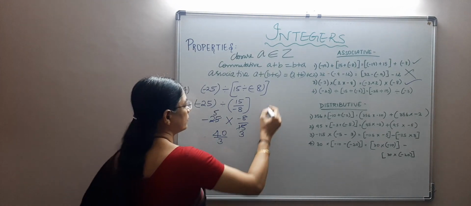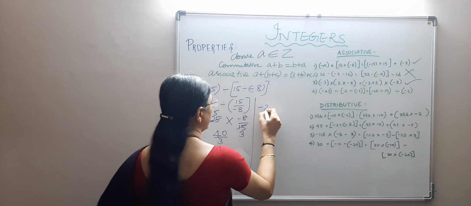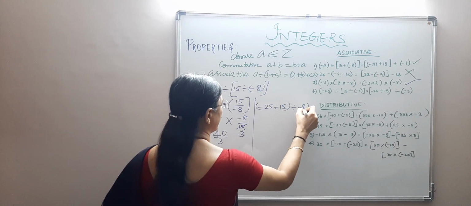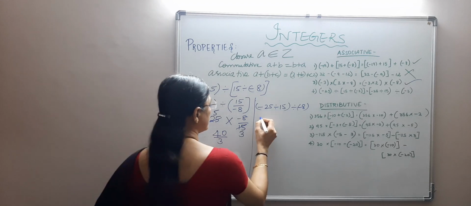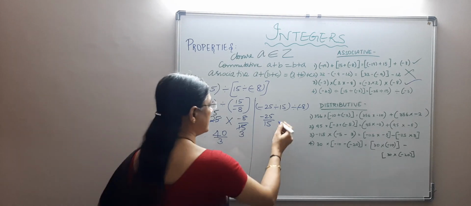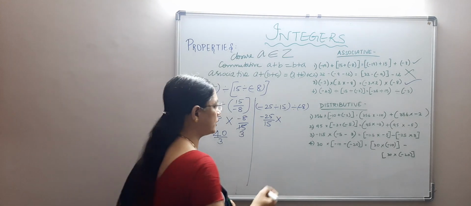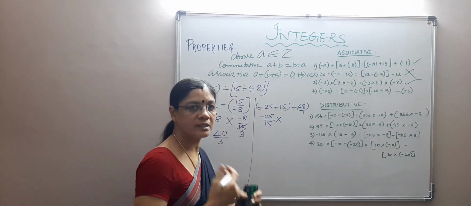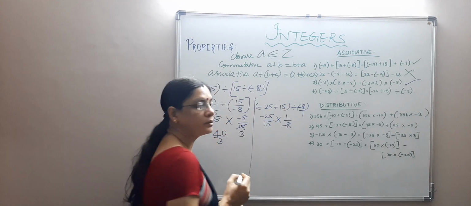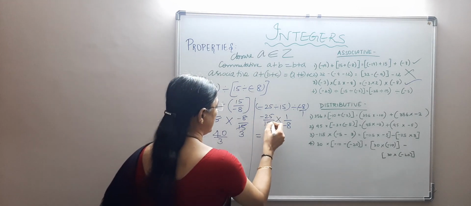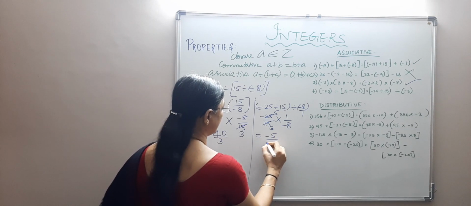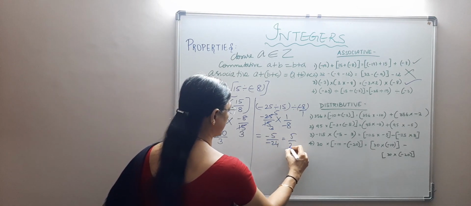Okay, so now we'll do the RHS part. Minus 25 divided by 15, divided by minus 8. Okay, so what is minus 25 divided by 15? You keep it as it is. Now here change division to multiplication. This is minus 8 by 1. Minus 8 is just like minus 8 by 1. So do the reciprocal. So I have written the reciprocal and I can cancel this 5. So what happens? Minus 5 divided by minus 24, and it becomes 5 by 24.